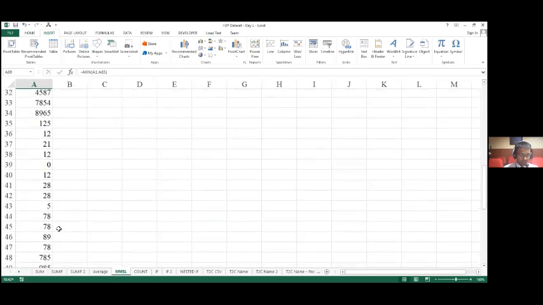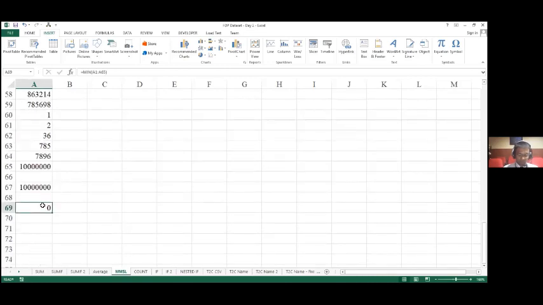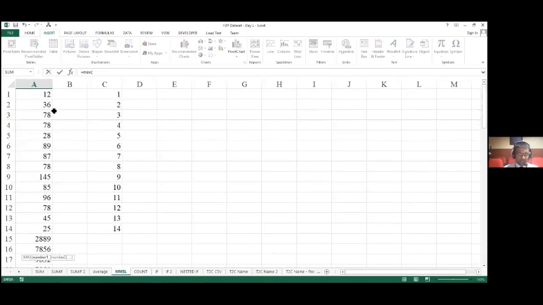Let me see if there's a 0. Oh yes, 0 was here in my entire series, and this was the smallest number in my series. So I'll repeat that once again. To find out the largest number, the formula is equal to max, open bracket, select the range,